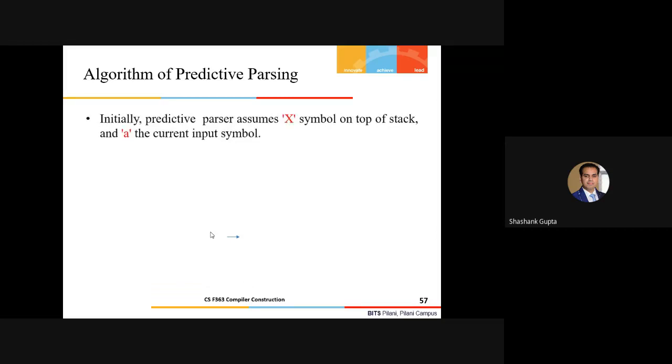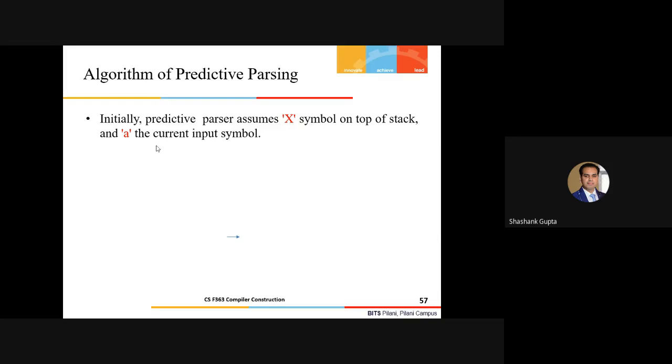So first of all, it says to assume that your LL1 parser has the symbol X on the top of the stack and A, the current input symbol, here. This X could be dollar, or any non-terminal symbol of the grammar, and this A could be any token in your tokenized stream of the input here.